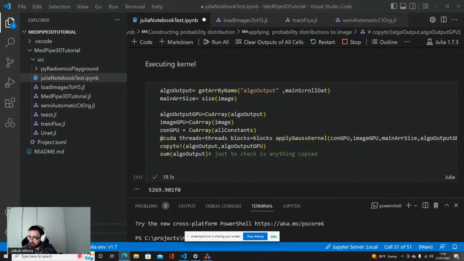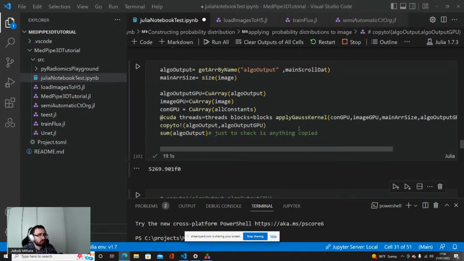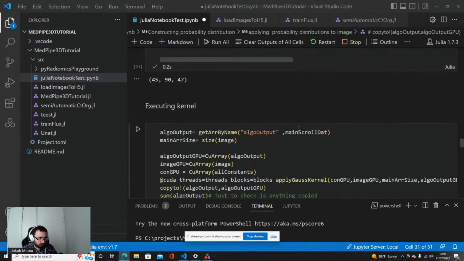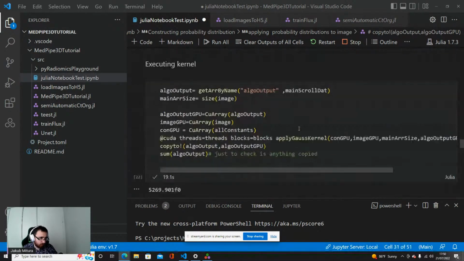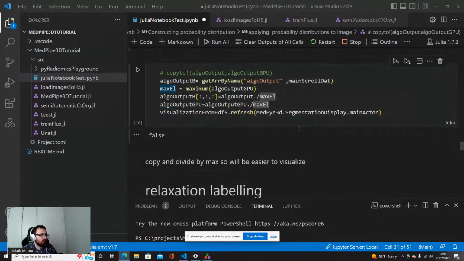Yes, it could be done in the CUDA.reduce. Also, it is a very effective way to do it. And in this case, as you mentioned, it should be done like this in order to get better performance. Yes, so I do not see where I did it, but I'm sure that I did it somewhere.